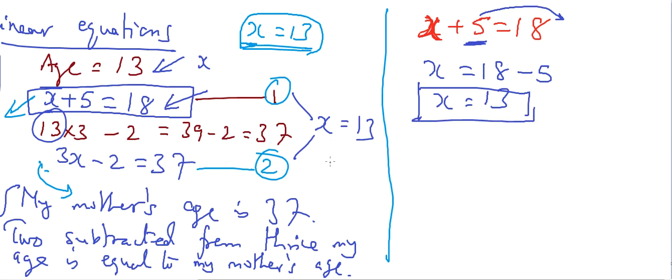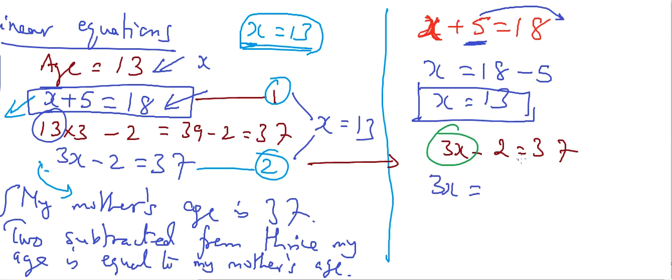Okay, let's take the second equation. So here the equation is 3x minus 2 equal to 37. Okay, same rule. See, we are interested in x. So we first isolate the term containing x. So what is the term containing x? This one, 3x, correct? So isolate this term. That means 3x is equal to, move the rest to the other side. Whatever is on the other side, leave it as it is, because there's no change in sign here, because it doesn't change places, correct?